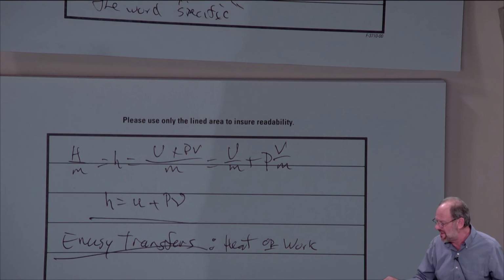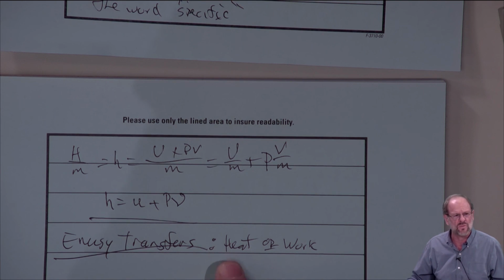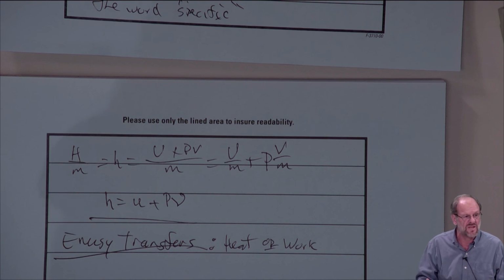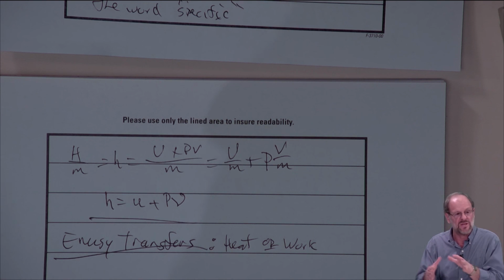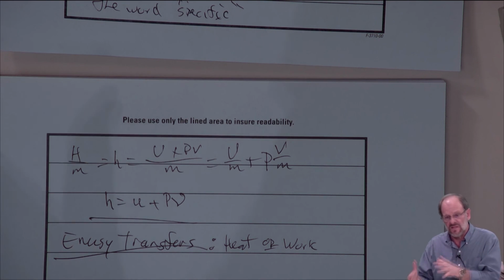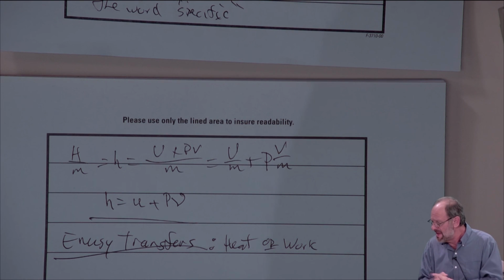Please keep in mind another thing I mentioned last time. We're not really concerned about the modes of heat transfer, or really the modes of work. There's lots of different ways that you can transfer heat. You may have heard the words conductive heat transfer, or convective heat transfer, or radiative heat transfer. Those are just different modes of heat transfer. You'll learn about that in your heat transfer class. In this class, we don't care. We just are concerned about how much heat is transferred, and how that affects the substances that we're analyzing.